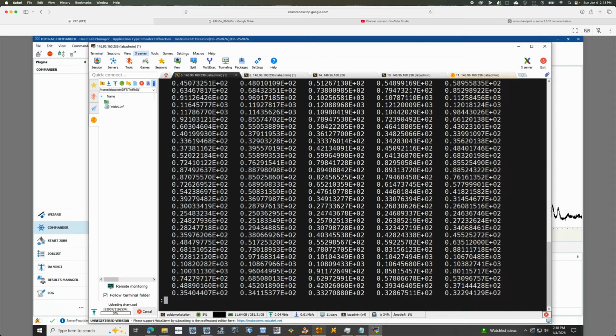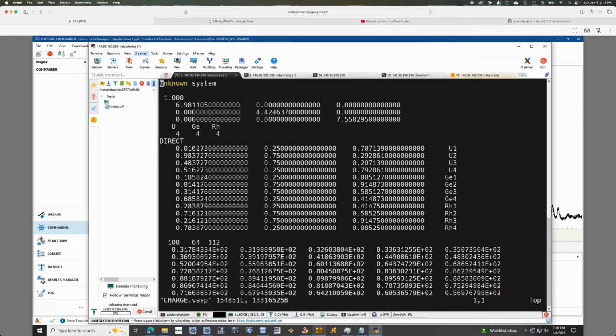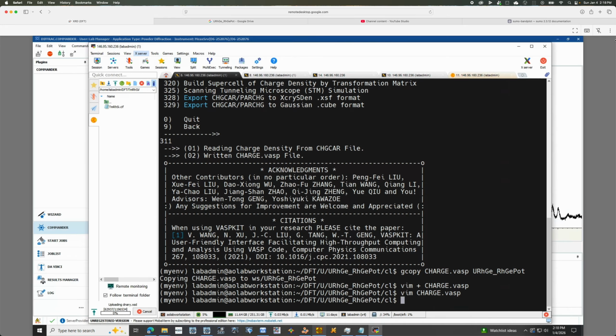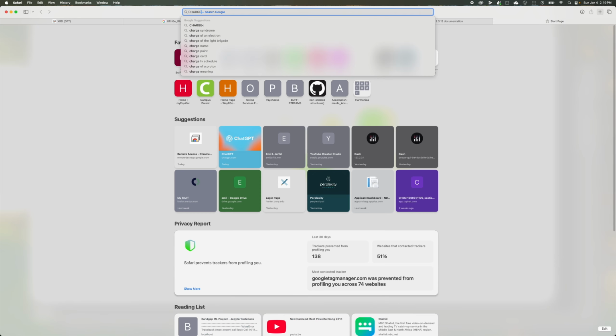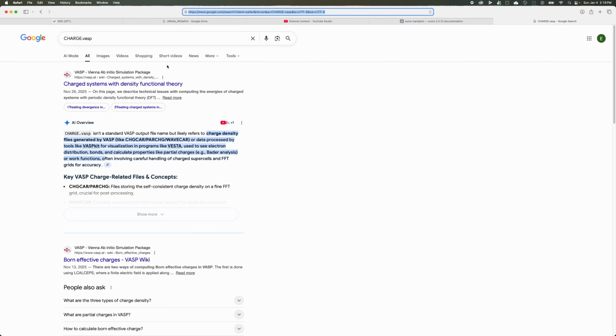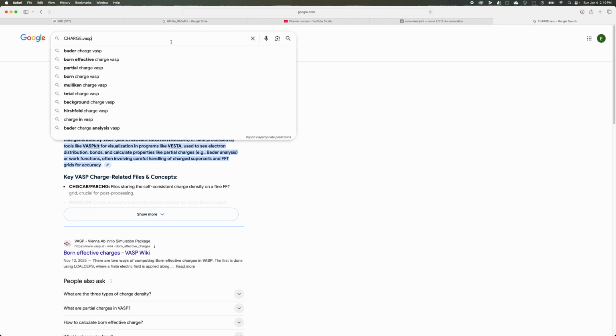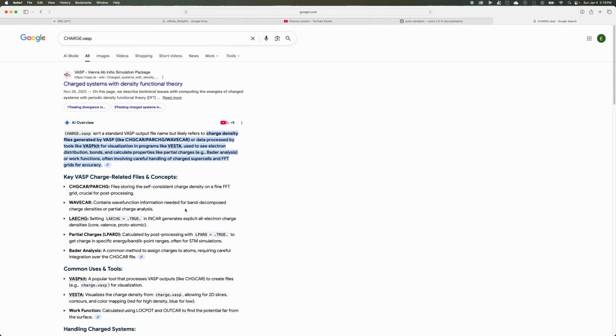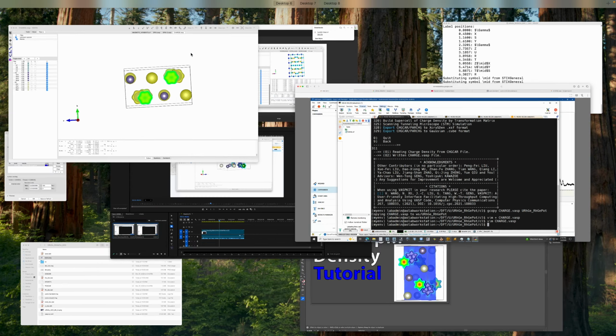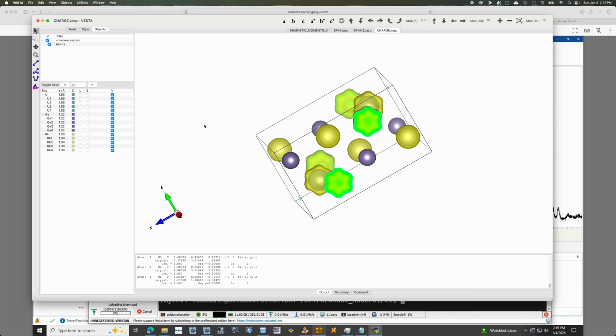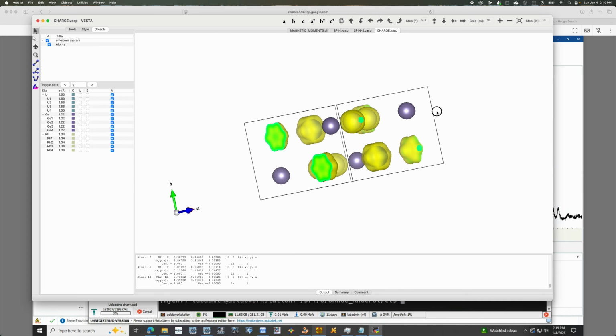It's quite a lot of lines as well. Well, anyways, I'm not really sure how to read this, but